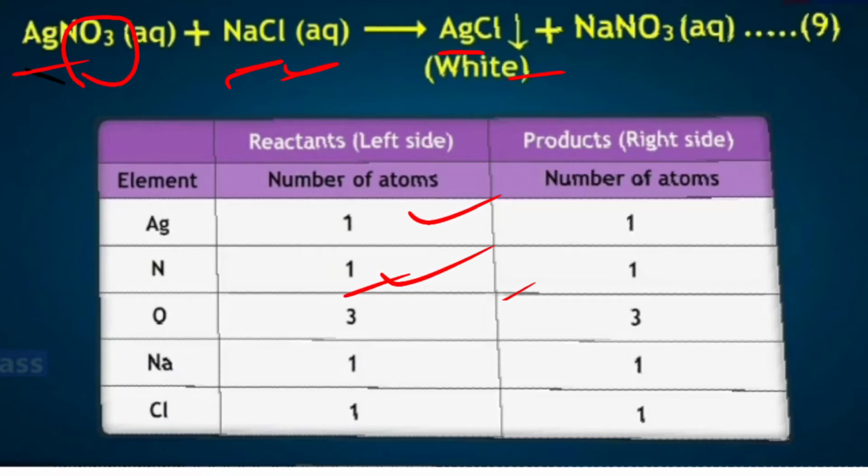So you observe that in this reaction the number of atoms of each element on the left hand side is the same as the number of atoms in the product part, that is, on the right hand side. So we call this equation a balanced equation. The number of atoms of the element in the reactant is the same as the number of atoms in the product, then the equation is called a balanced equation. And if it is not the same, then we will call it an unbalanced equation.